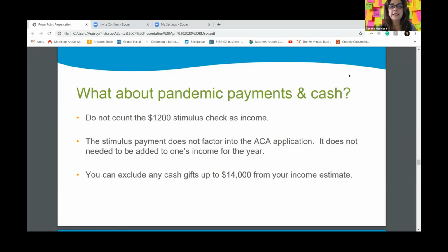If you're normally not eligible for unemployment, you would get the $600 a week. The people that are normally not eligible for unemployment are the self-employed people. Those are the people I'm talking about. There are a few categories of people that will not be eligible for anything, including undocumented immigrants, but for most people, they will be eligible for these payments.